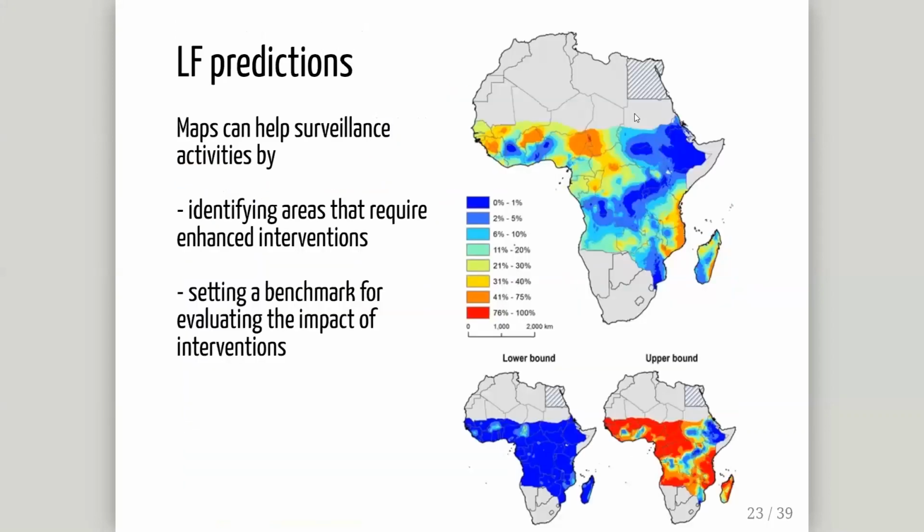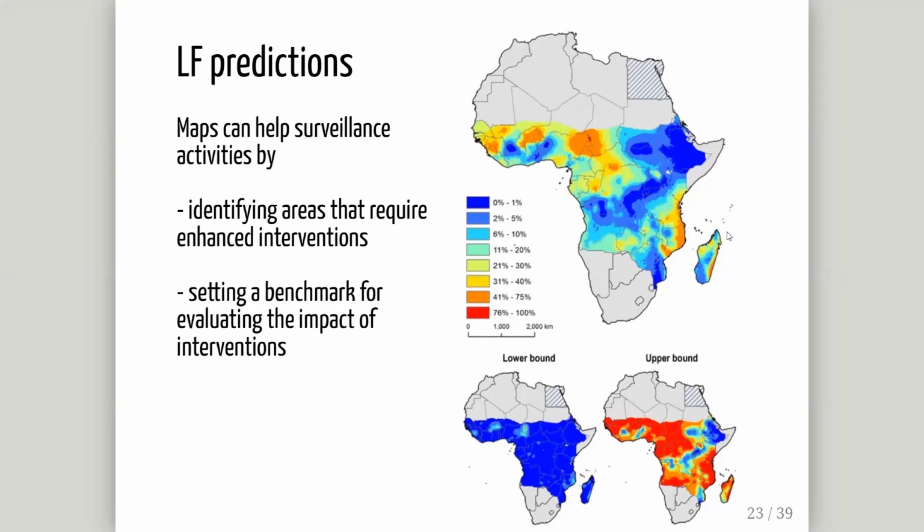And these are the results. So this is the mean prevalence. We see that prevalence is lower in Ethiopia, in the center of sub-Saharan Africa. We have higher prevalence in the east coast of Africa, east coast of Madagascar, and also in pockets in the west. And we also computed lower and upper limits of 95% credible intervals to give us a measure of the